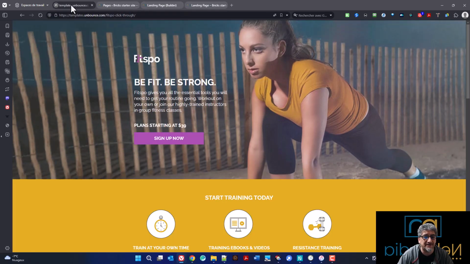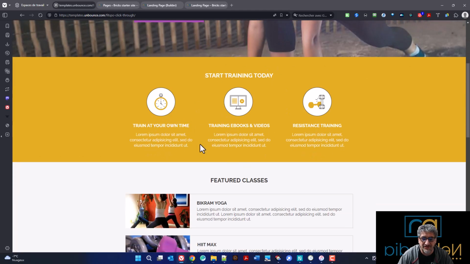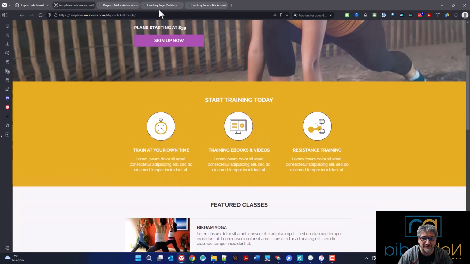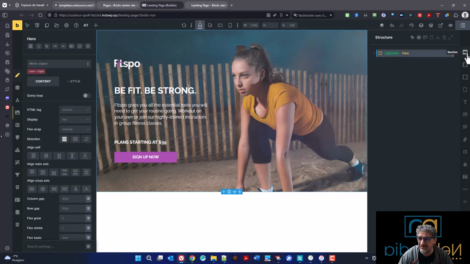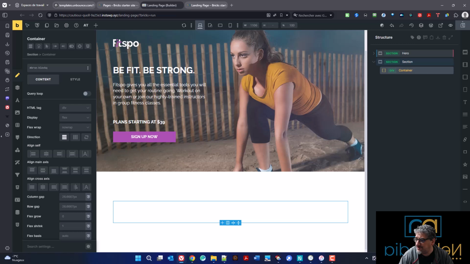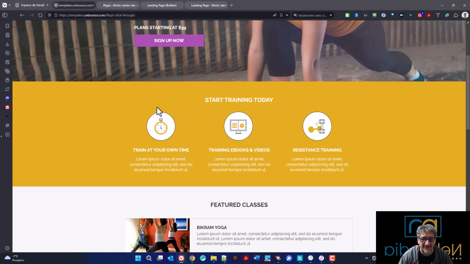Next part. Start training today section. Okay, so let's close that just to make it easier. Let's add a new section. In that section, we're going to have, of course, always a title. Then we're going to have a big box that surrounds all of those three columns, and a smaller block for those three elements: image, title, and text. We're going to create a grid,